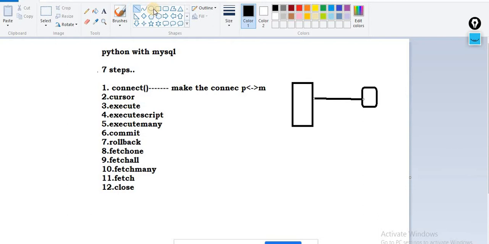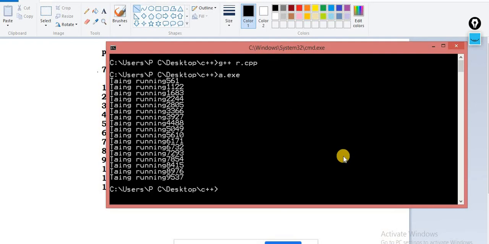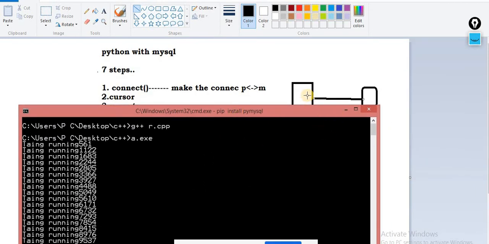To make a connection, you have to install an extra module, for example pip install pymysql. PyMySQL is a module that will help to make a bridge between Python code and your MySQL.